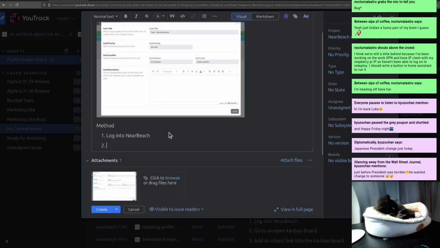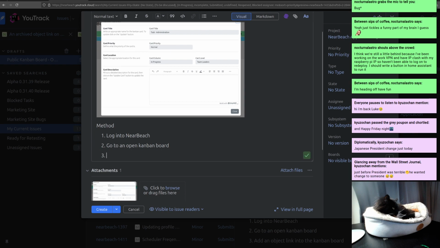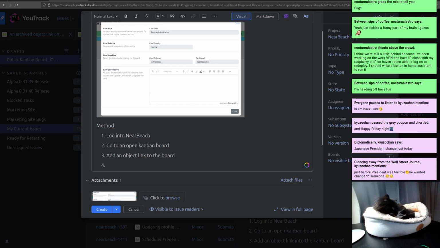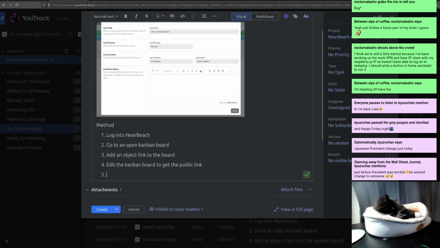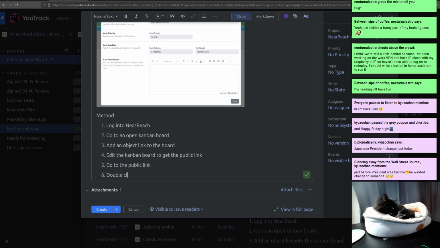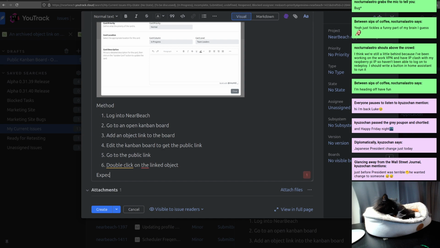Okay, 1, log into NearBeach. 2, go to an open Kanban board. 3, add an object link to the board. 4, go to edit the Kanban board to get the public link. 5, go to the public link, double click on the linked object. Expected results: